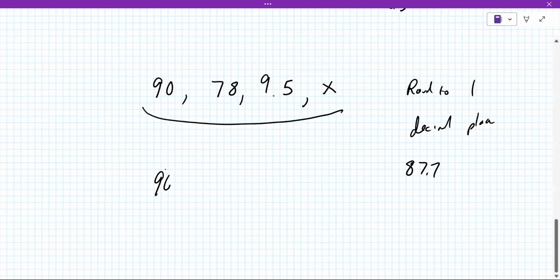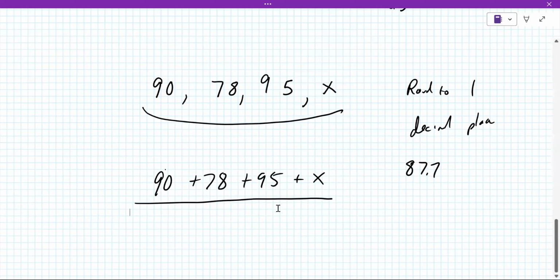Yeah. So now you could do the same thing, even if you don't know the value of X. But you know it's a number. What would you divide by though? If you knew the number, what would you divide by? 4. And what do we want this to be to get that grade of A?